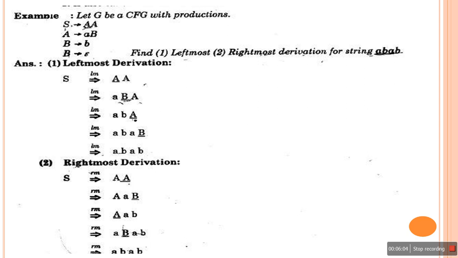Now we'll see the rightmost derivation. In rightmost derivation, we'll start from the rightmost A. Rightmost A is replaced by AB. Now again the rightmost element has to be replaced first, so B is replaced by terminal node b. Now again in the next step, A is replaced by terminal node a, non-terminal node B. B is again replaced by terminal node b. So we'll get the result AB.